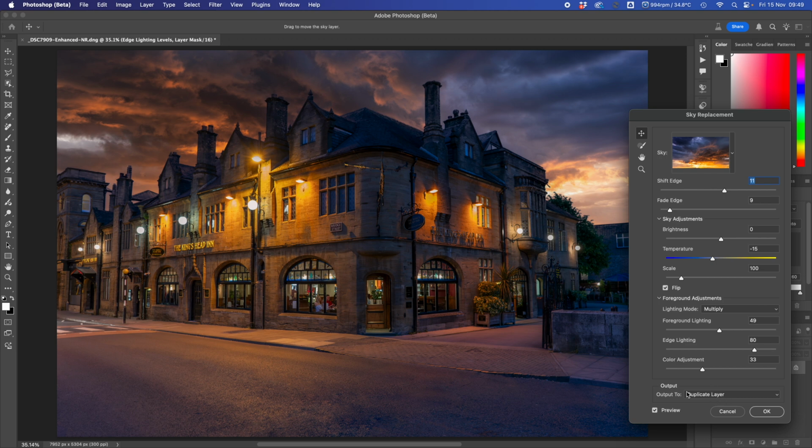And the last thing is your output. You've got new layers or duplicate layers. If you select new layers, when you click OK, you will get all the layers for all the different elements of the sky replacement, and then you can adjust them separately if you want to. I find that if I've got what I'm looking for here in the module, generally I don't want to fiddle with it anymore, so I just select